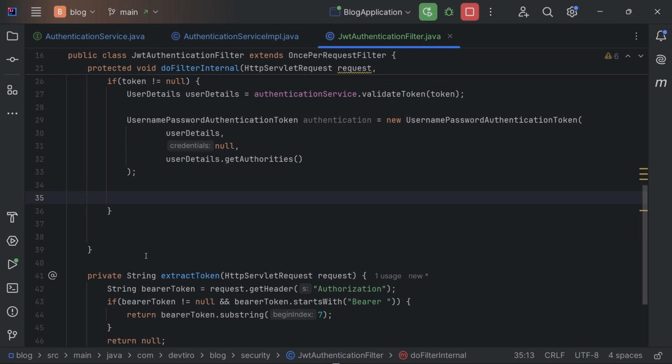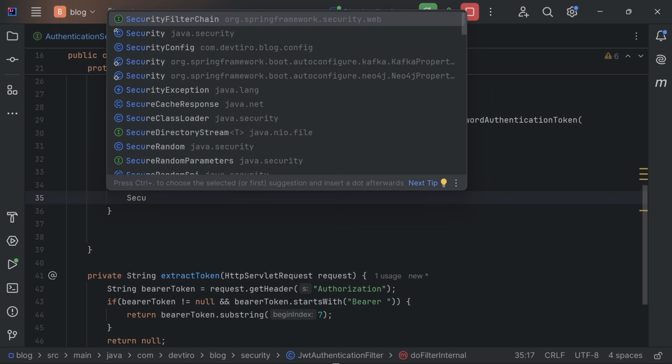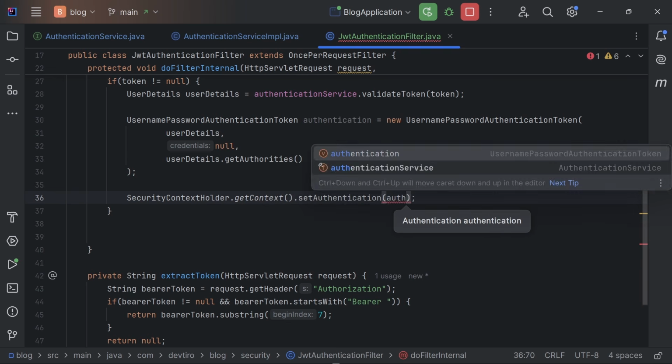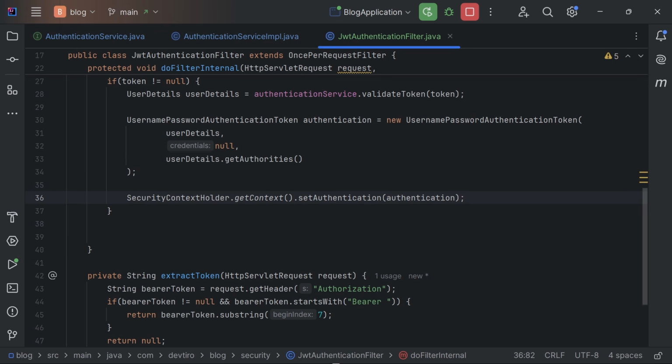And now we can go about setting this on our security context. So let's do SecurityContextHolder.getContext().setAuthentication, and then we can set the authentication object on the security context. And that makes that authentication object available for the rest of the request,